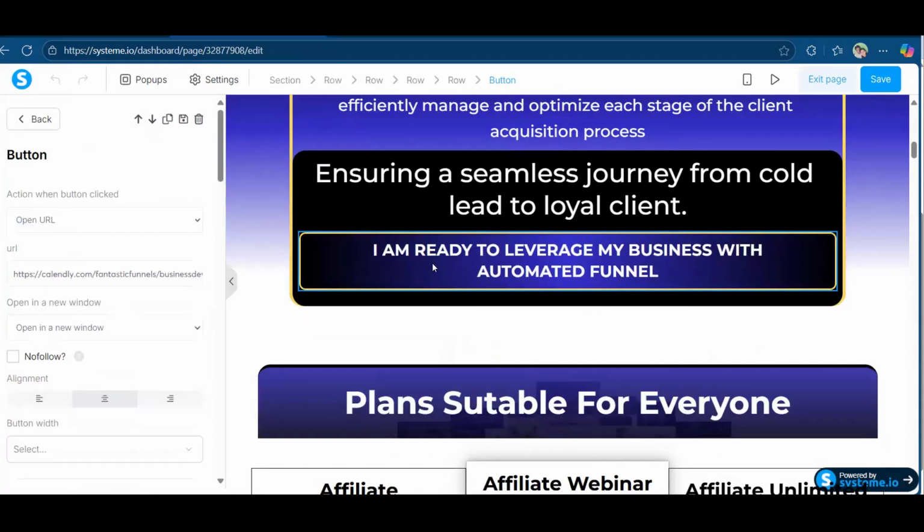Now here you can see that on this particular button, I have my Calendly URL, okay? So I can simply change this to my new URL, okay? Like this, and now I'm getting rid of Calendly. I can save it. Perfect. Okay, it's saved. Now let's go ahead and